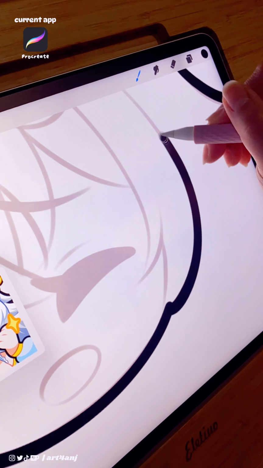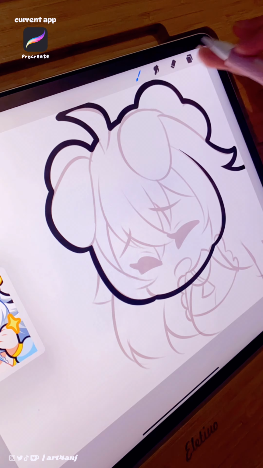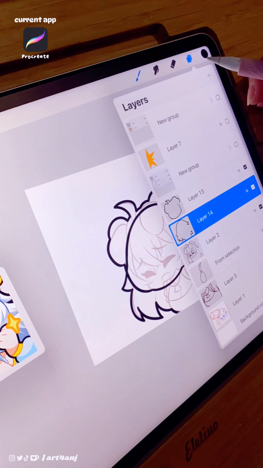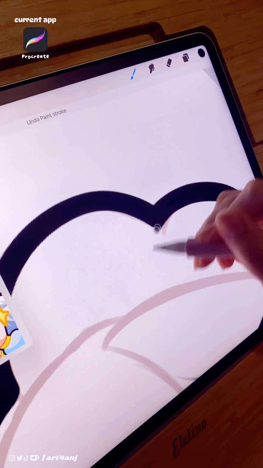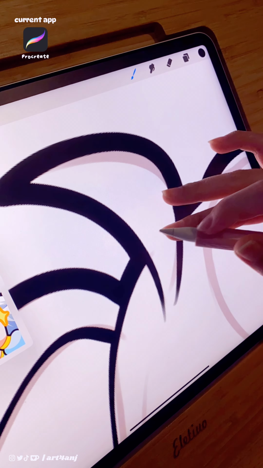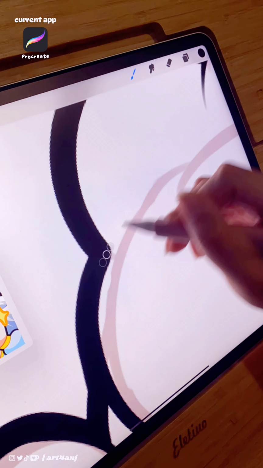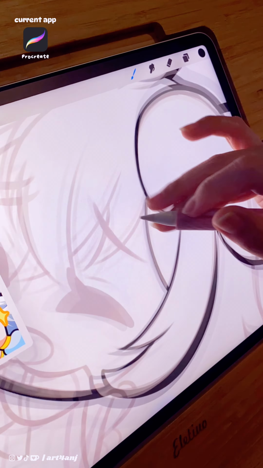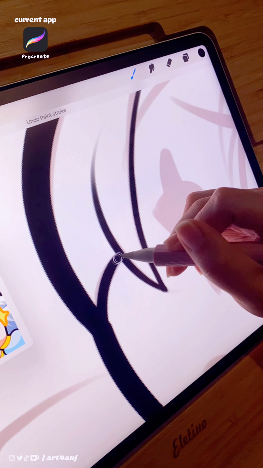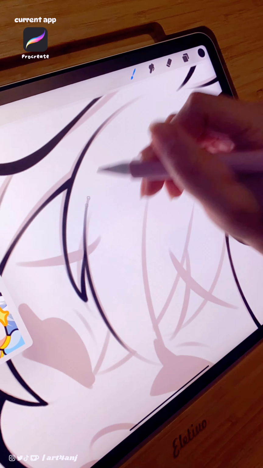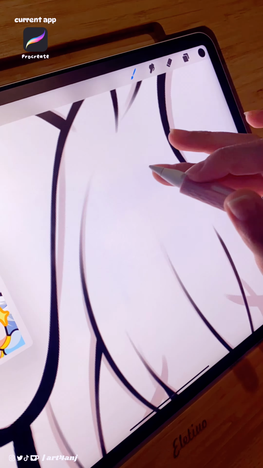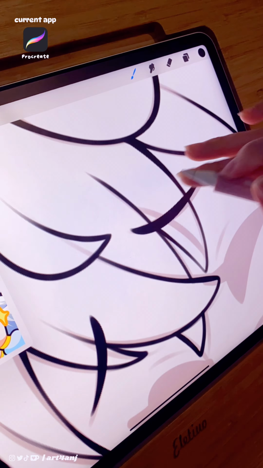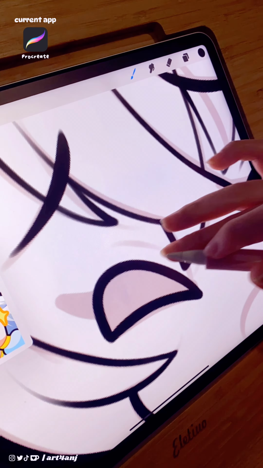As you'll notice here, I actually did the usual style that I do for static emotes, which is thicker lines on the outside and thinner ones on the inside. But I don't really do this style of render anymore when it comes to my line art. Usually what I do is I already plan out the whole silhouette of the emote, and then as much as possible, the parts that are overlapping at the front would be thinner than the outer lines.